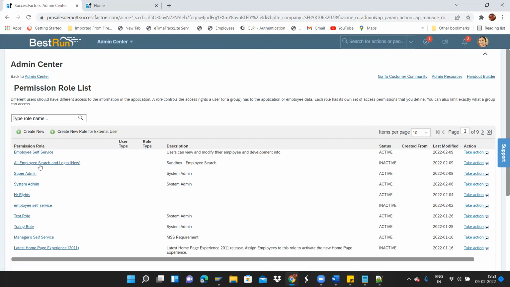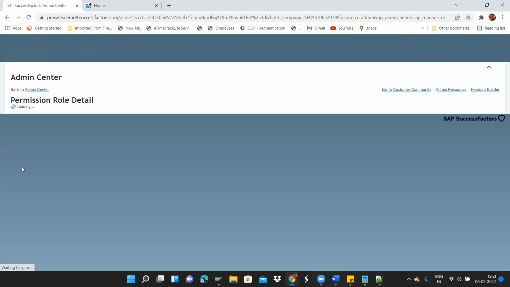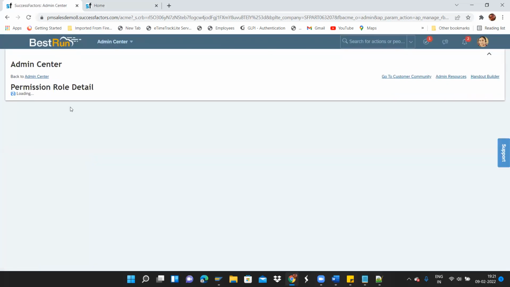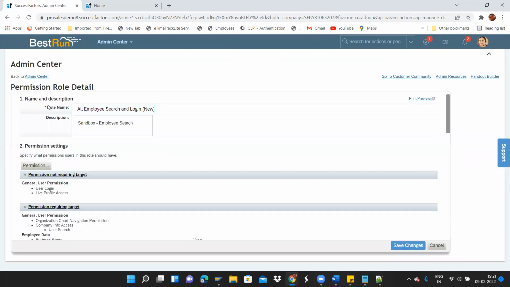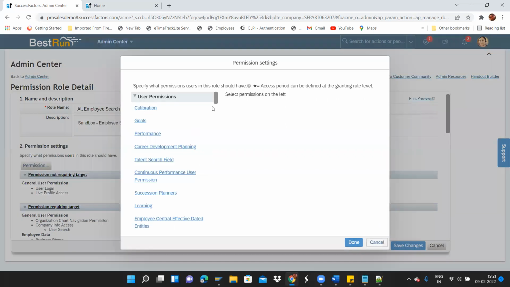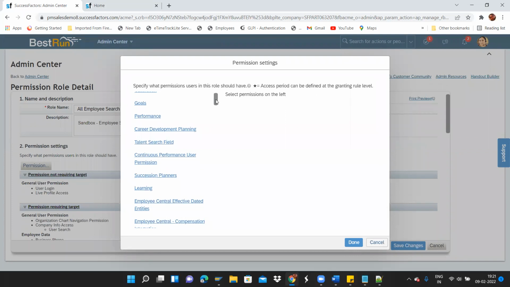For that purpose, we'll be creating another role. The role name is up to you: employee search or employee view. Basically, you can rename it to anything, that's up to your wish. So for that purpose, we are creating another role, employee search, and then we are giving very limited permissions for this. One is